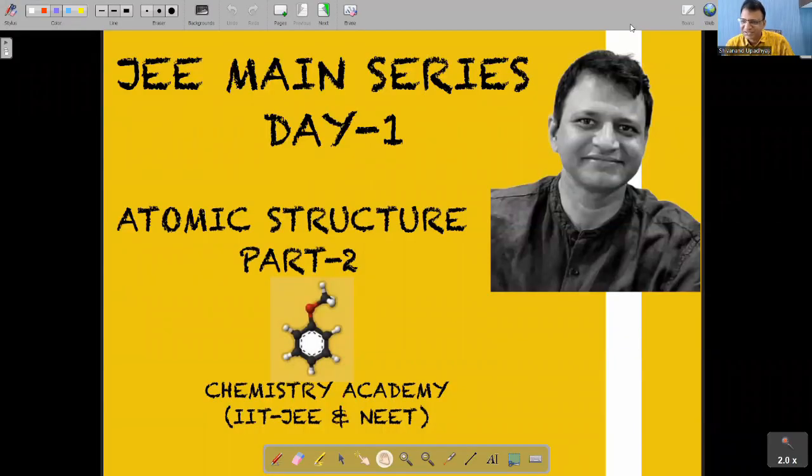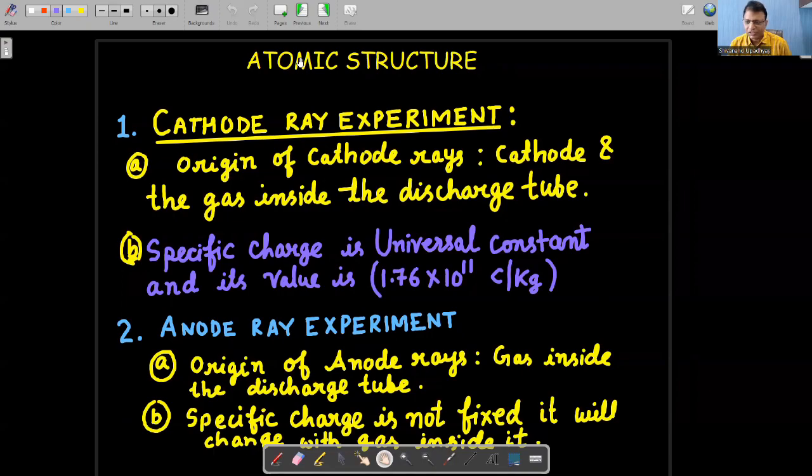So today I'm going to start with atomic structure. I have divided the atomic structure in two parts. So the first part is very simple. So let us start. तो आइए शुरू करते हैं एटॉमिक स्ट्रक्चर पार्ट 1। सबसे पहले हम कैथोड रेज के बारे